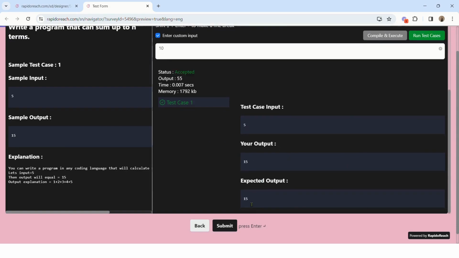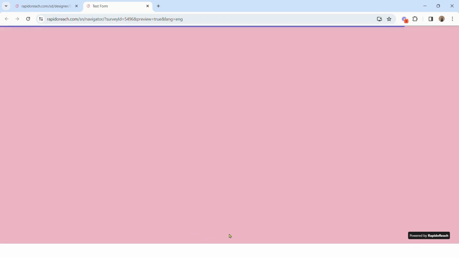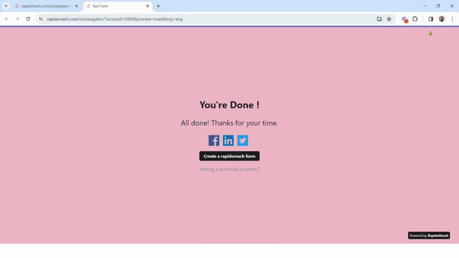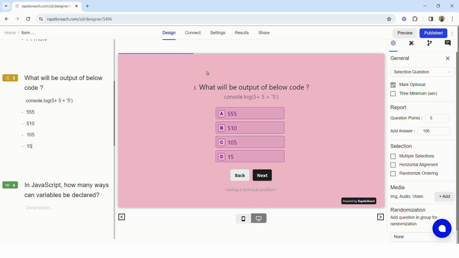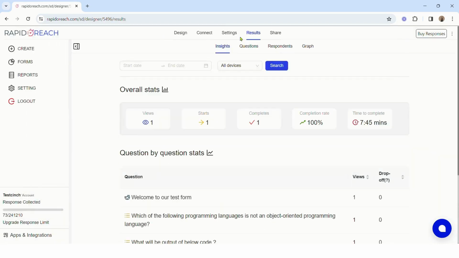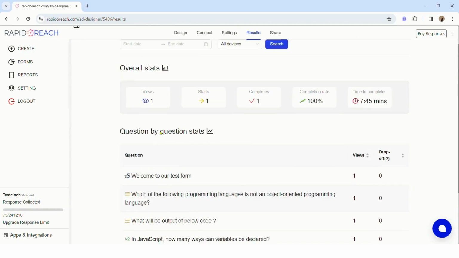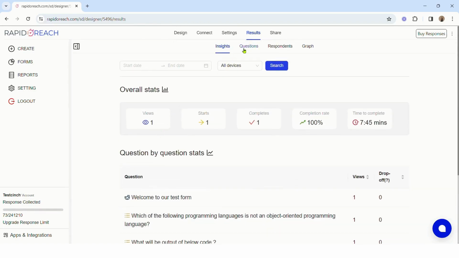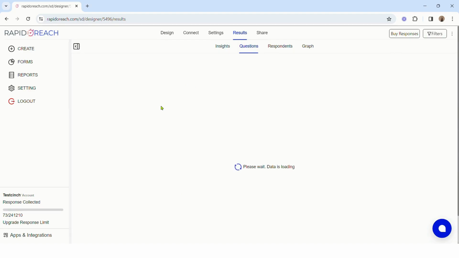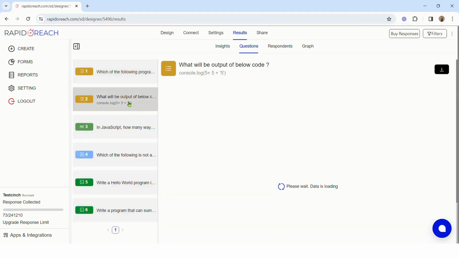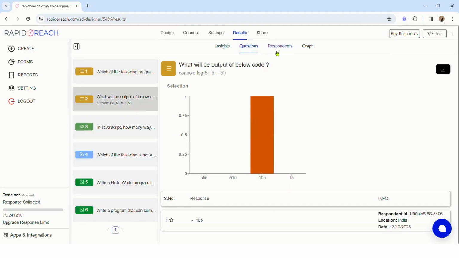Since our output matches the expected output, our answer is correct. Now we will click on Submit. You can also check your form results by switching to the Result tab. Under that, you have 4 options: Insights, Questions, Respondents, and Graph, where you can review your form reports according to your requirements. So this